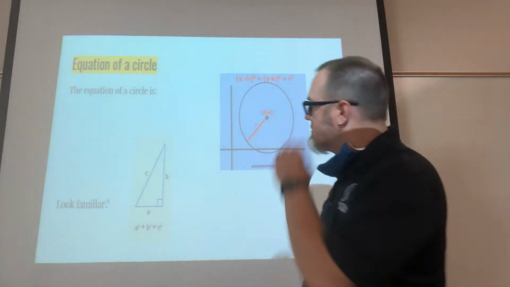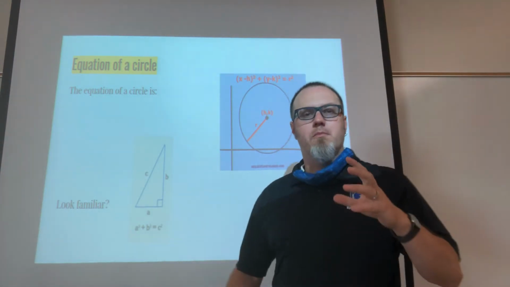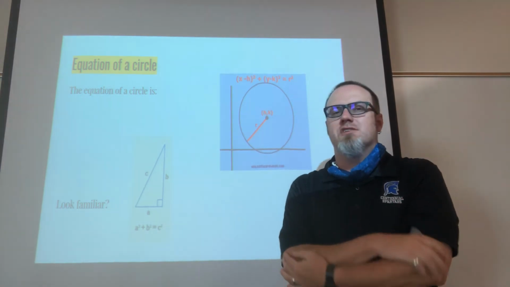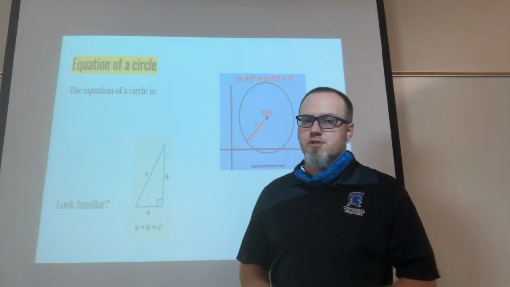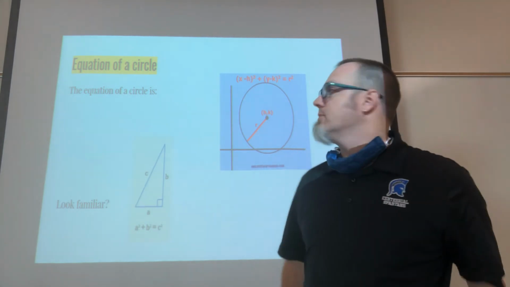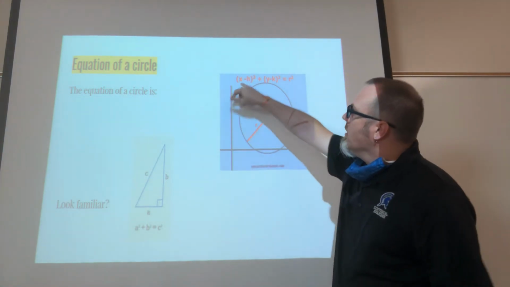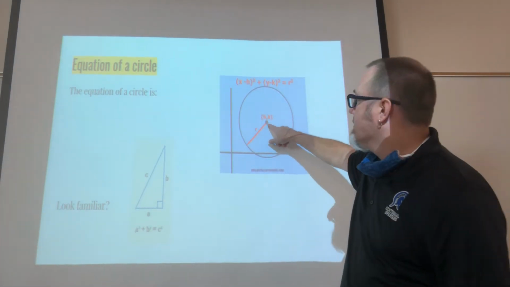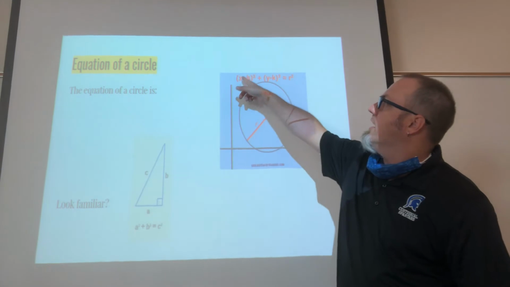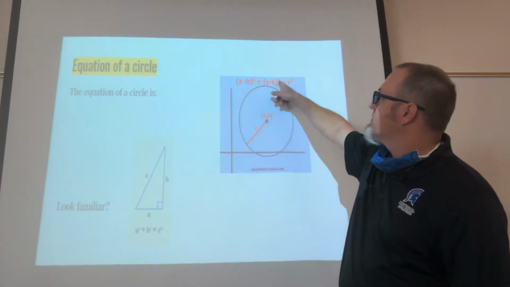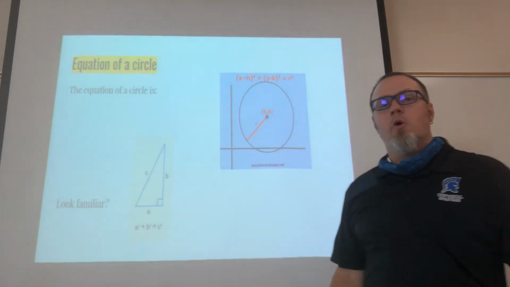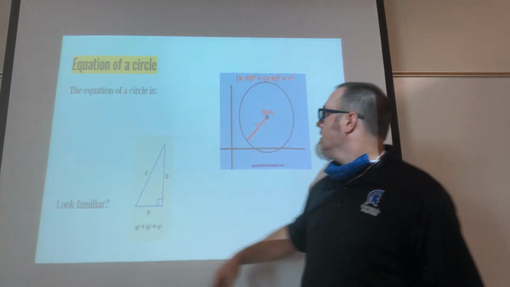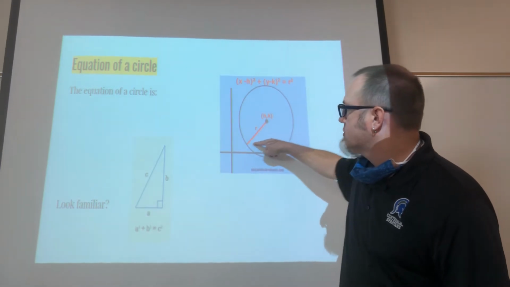The equation of a circle, they do throw a couple of questions on there today where you'll have to find distance, and they're talking about the equation of a circle all of a sudden out of nowhere. We haven't really talked about circles. For a center point of (h, k), right here in the middle of the circle, it's x minus h squared plus y minus k squared is equal to r squared. Wouldn't you know it, that is also based off the Pythagorean theorem. If we were to draw a nice little right triangle right here,